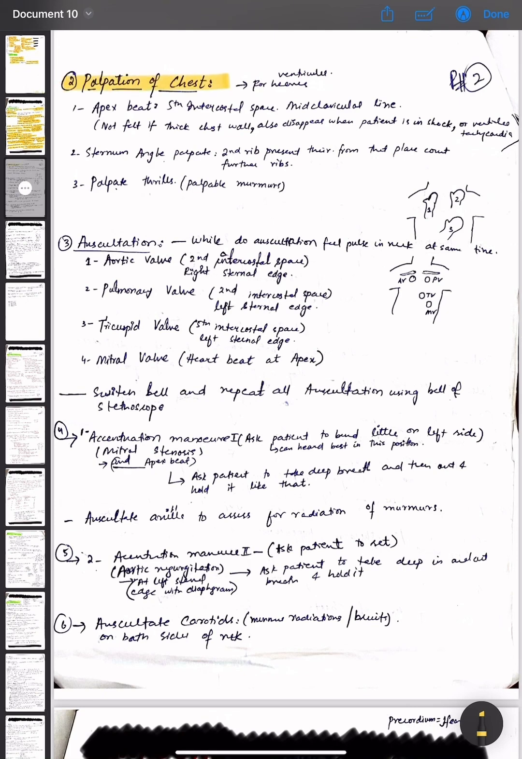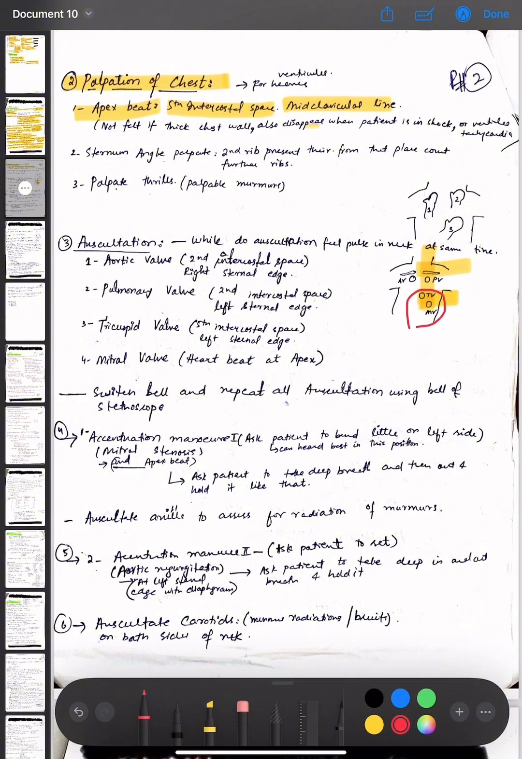Okay, so first of all, we will look for the apex beat. Apex beat is found at the fifth intercostal space and mid-clavicular line. For example, this is the clavicle and this is the mid-clavicular line and this is the fifth intercostal space. So at this portion,